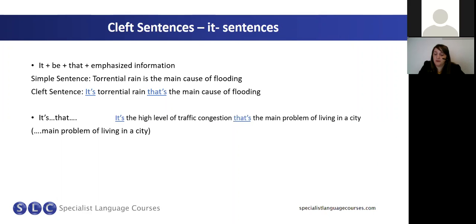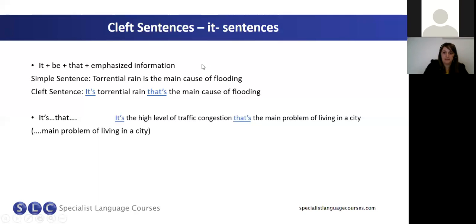And Jay, the main problem, it's the main problem of living. So we need to make sure the sentence is the right way round. So we have, it's the noise and the pollution that's the main problem of living in a city. And from Viv, it's the noise of passing vehicles that's the main problem of living in a city. And Jun Cesar, you've got a good example, which is leading on to our next point. So we've got it's the high level of traffic congestion that's the main problem of living in a city,